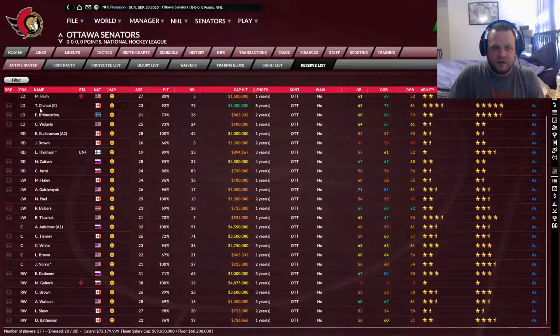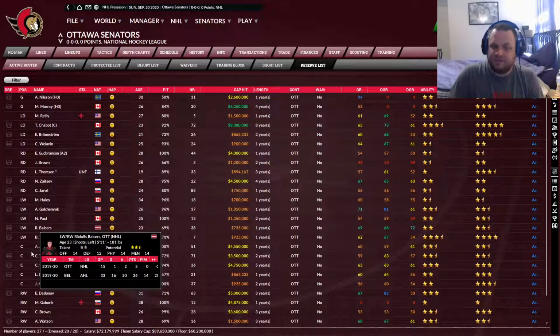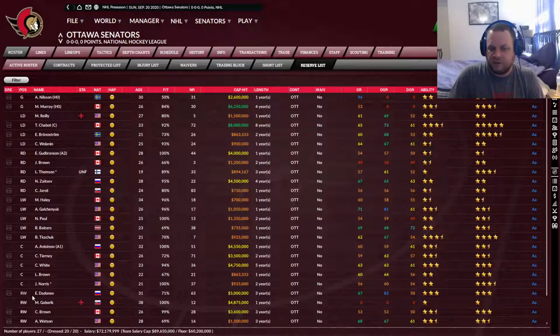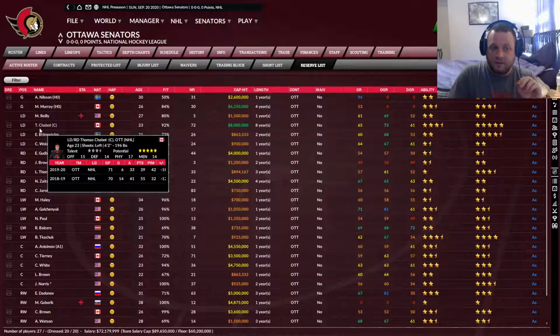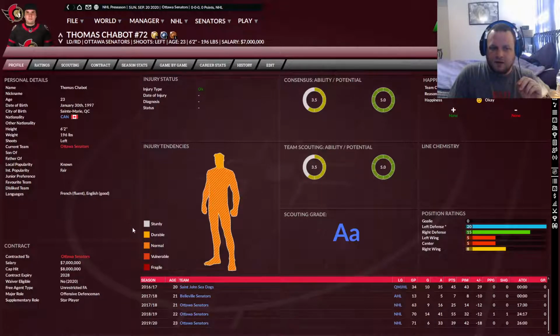So what we have here is basically our goaltender. So you have the positions there. G stands for goaltender, LD stands for left defense, RD stands for right defense, LW stands for left wing, C for center, and RW for right wing. Players will play at their favorite positions, or you should play them in the positions that they're the most comfortable with. So when you click on a player, you're gonna see